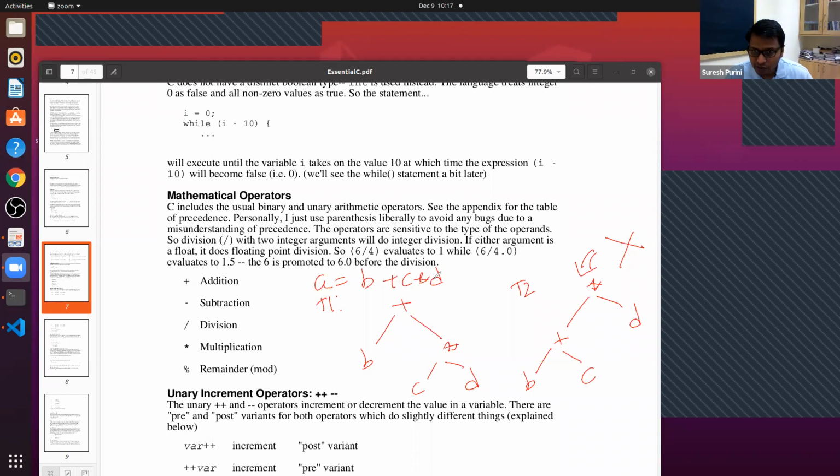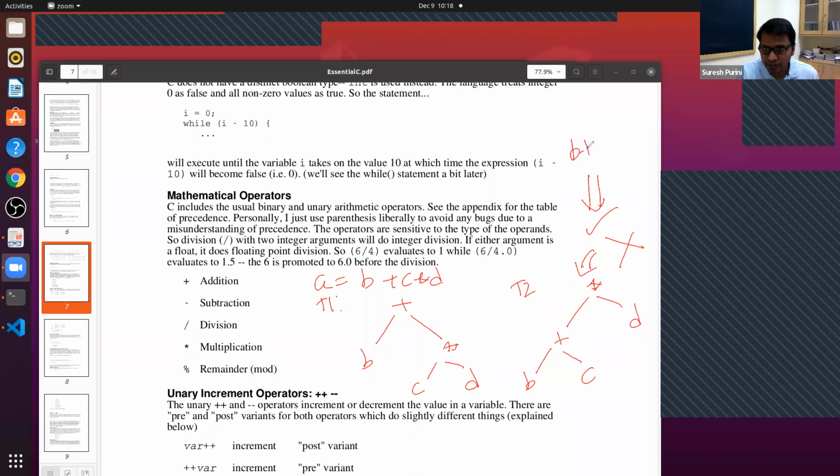But let's say this is what we have in mind, the computation expressed by T2. Then how should we express the computation in T2? How do you put the parentheses? Yes, thank you.